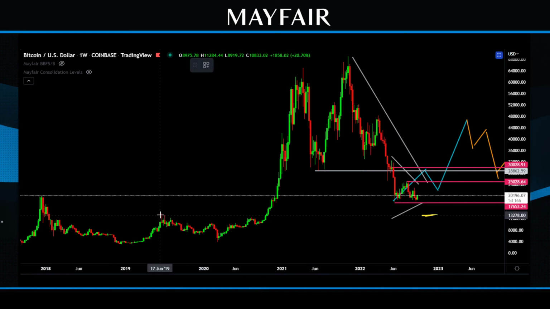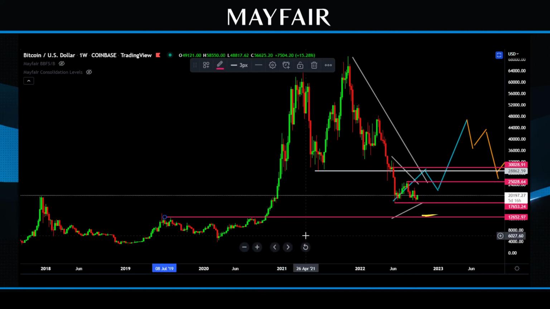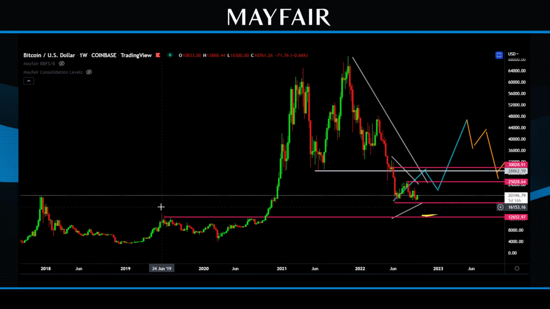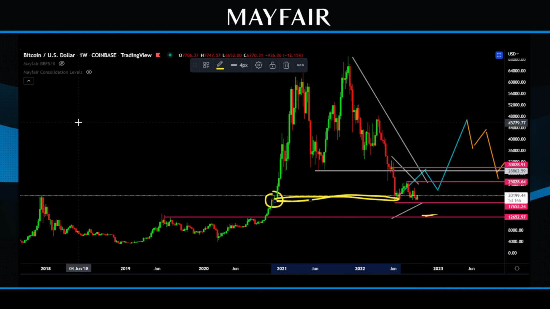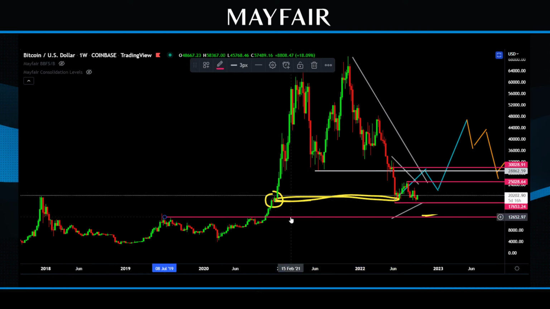Now, you've got this obviously little wick here in and around these levels, which is the only little bit of liquidity that I think you could grab there. You've also got this in terms of the candles, but I think we've already mitigated that as these levels here. Okay, so in the grand scheme of things, do I see it coming to 12?